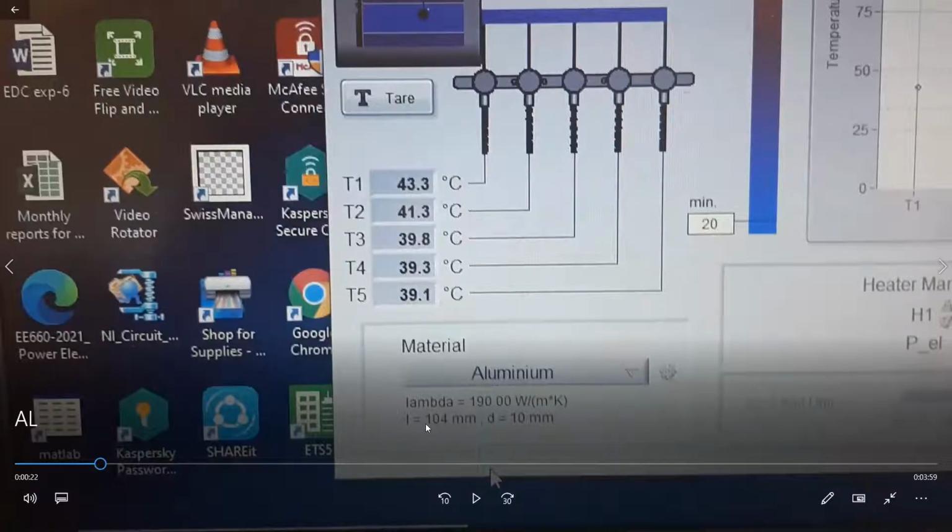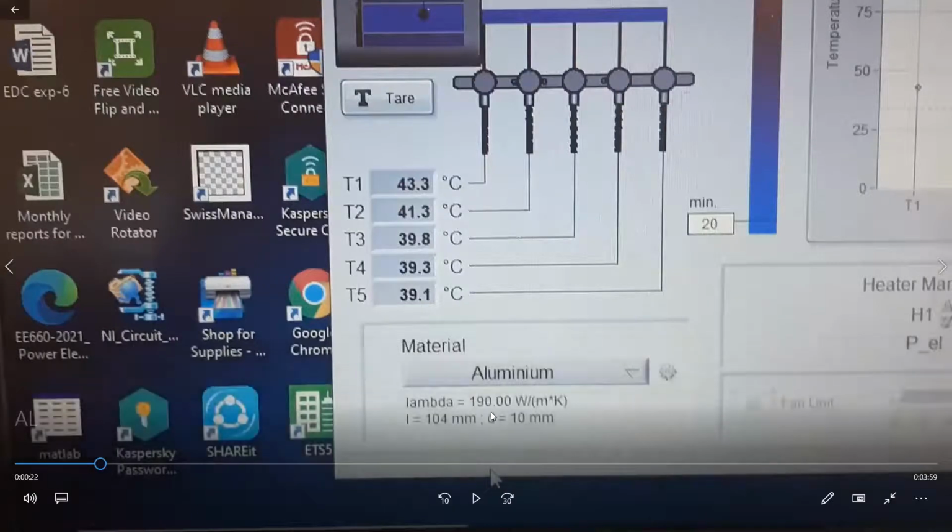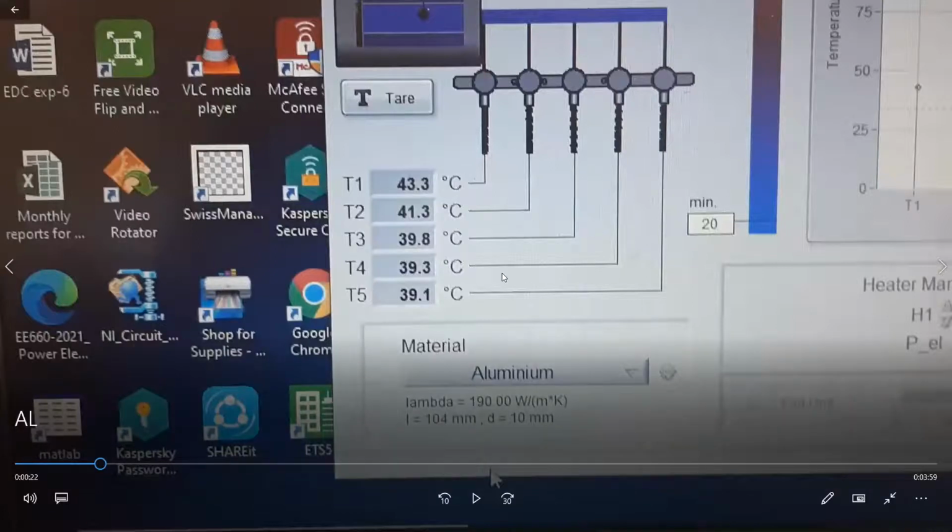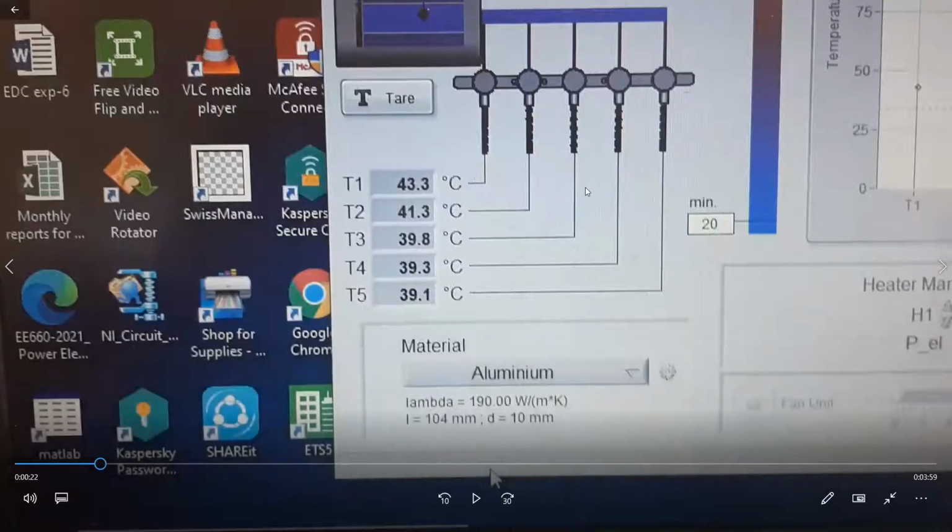But length and diameter are always the same. When we change the metal, lambda, which means the heat conductivity, will be set automatically; the software will assume that lambda is 190. If we do not change it, the data will have errors, because to calculate the heat resistance and everything, that alpha